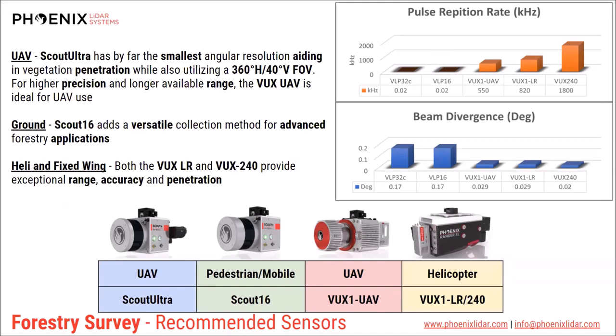And once again, you have to think about your application or your potential use case in terms of these sensors to make sure that your return on investment is highlighted through these choices. So we provided 2 different UAV approaches. The Scout Ultra is the Scout series sensor that has the smallest angular resolution that really helps the vegetation penetration. So you have a very good ground return from the Scout Ultra, but also due to its 40-degree vertical field